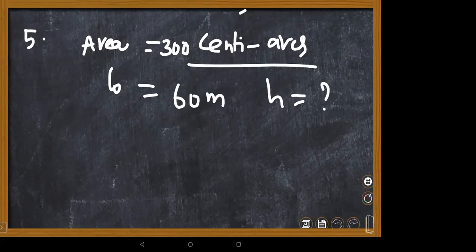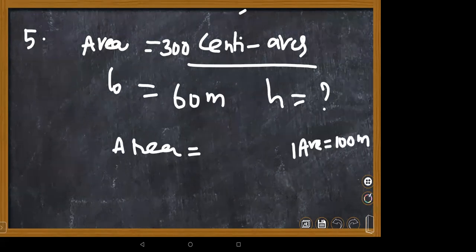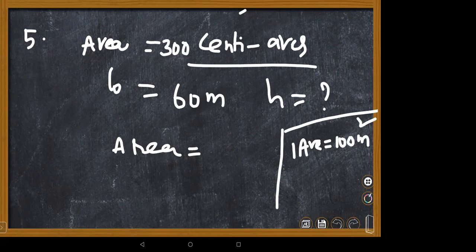Ma'am, is it 20 meter? Centi means they are dividing with 100. Again, 1 minute, children. I'll just take. Ma'am, 1 are equals to 100 meters square, ma'am, apparently. Very good, very good. 1 are equal to 100 meters square. Very good. This is given even in our textbook, NCERT book also. Ma'am, as a hint, it is given, children. 1 are is nothing but 100 meters square.